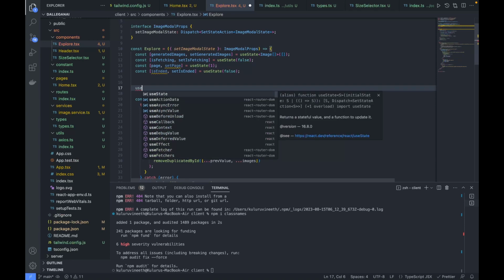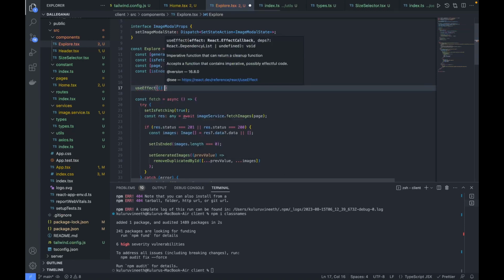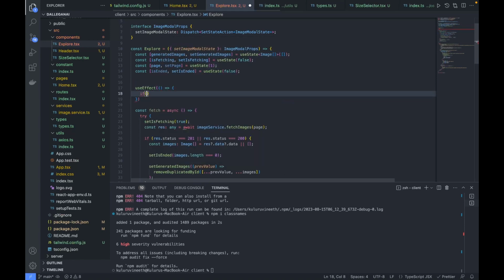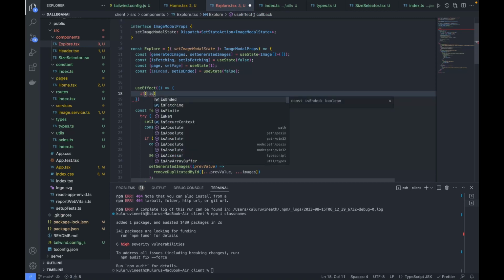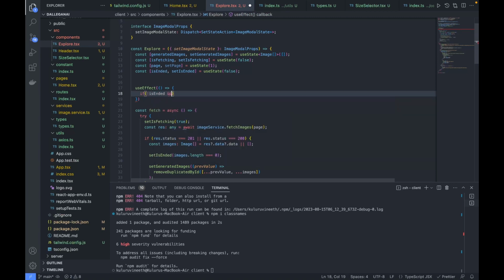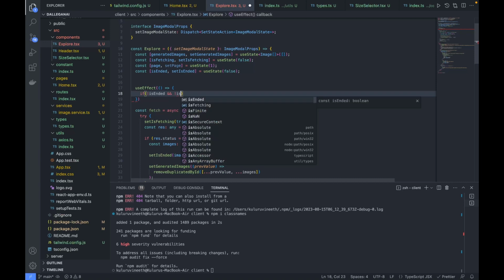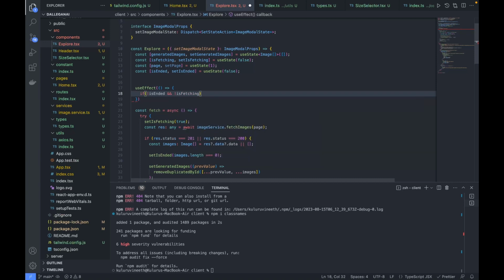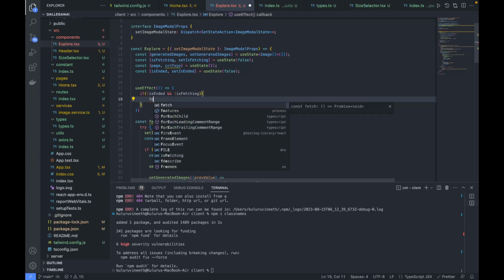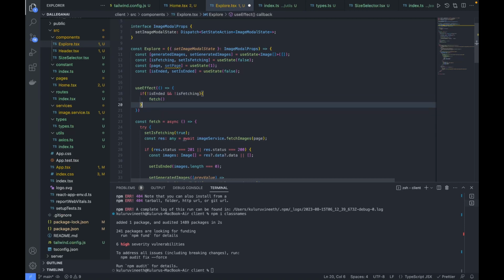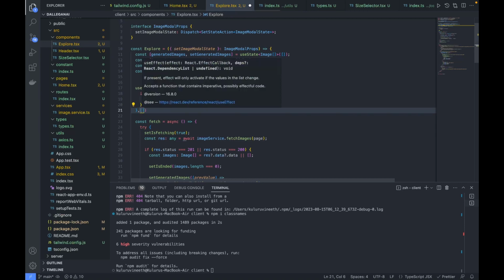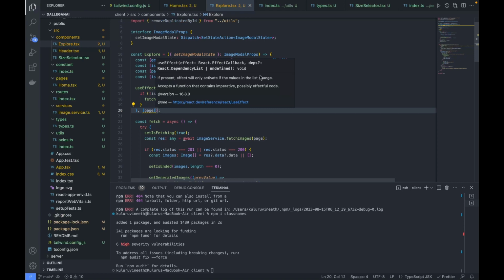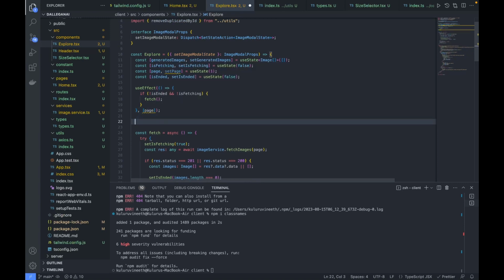So here inside this use effect, if it is not ended and it is not fetching, I'm going to call this function fetch. Okay, and this is going to depend upon the page variable. Okay, fine,